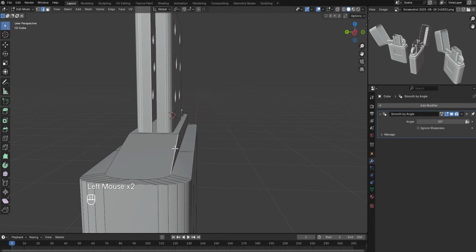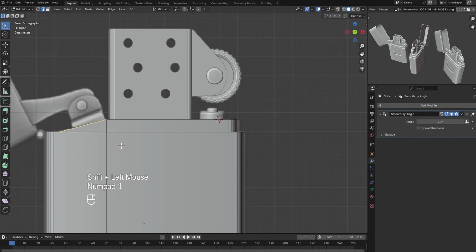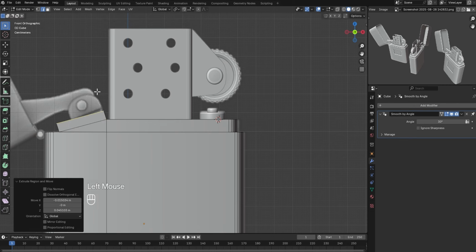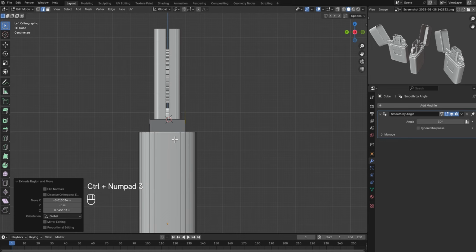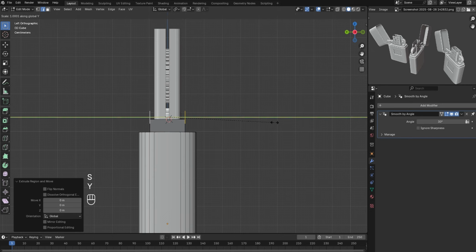Select this edge, hold Shift and select this edge. Alright, so we are going to extrude this. Press E to extrude, like so, and then be at the side view and E again to extrude. Right click to snap back and scale it, S Y to scale it along the Y axis,